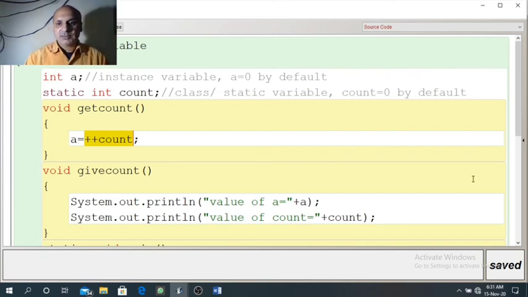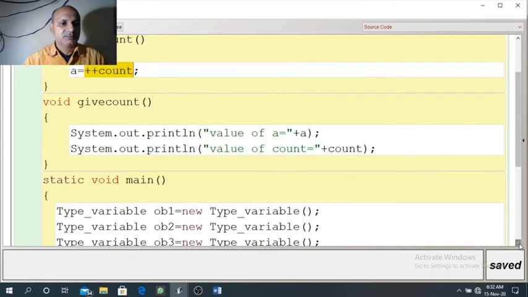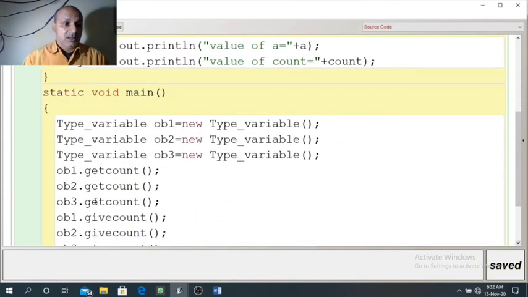So when getCount is called the first time, count will become 1, a will become 1. But remember, this getCount is called through the object ob1. It means for object ob1, the value of a is 1, the value of count is 1. Now we are again calling getCount, but this time through the second object ob2.